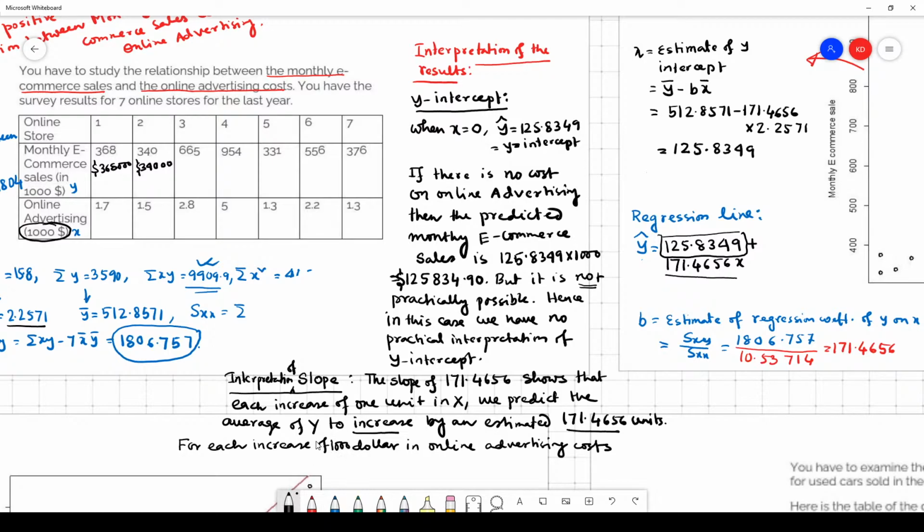Here the unit is 1,000. Okay. So for each increase of $1,000 in online advertising cost,